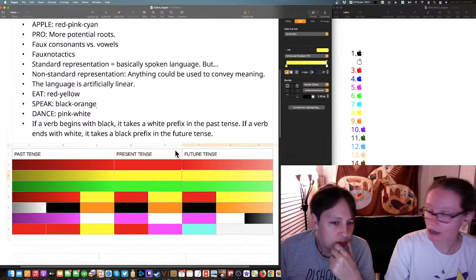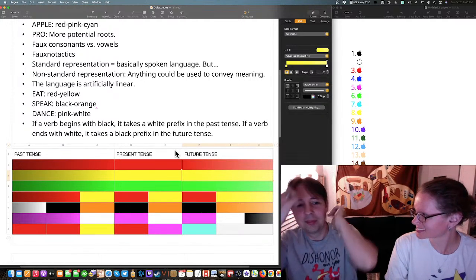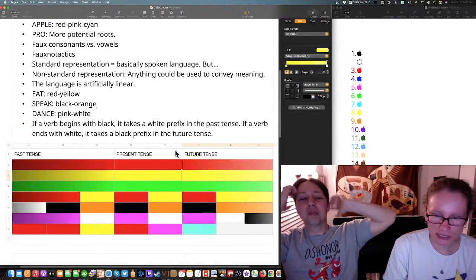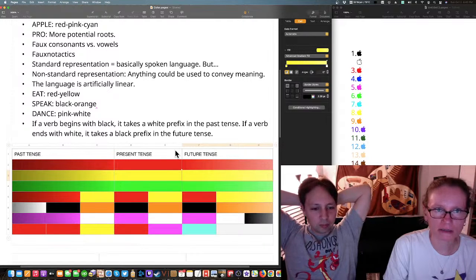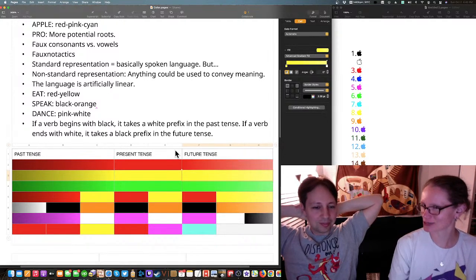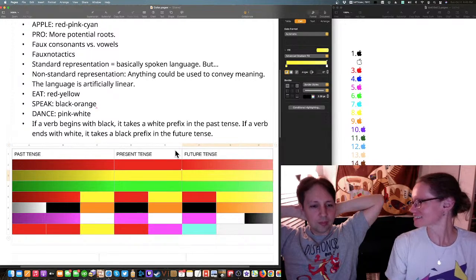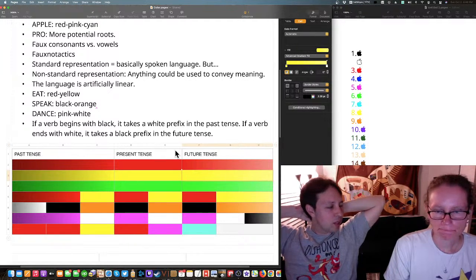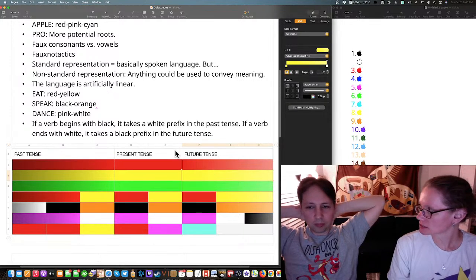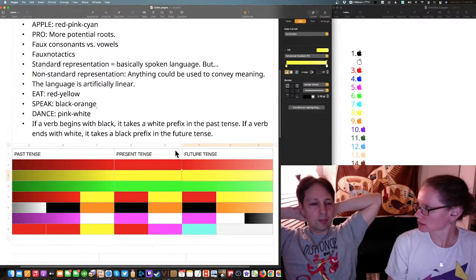But as a non-native color speaker, I would find the borders helpful to know where to group things, and I would totally make them even bigger. And I would not use white in my color language. Yeah. Now this wouldn't work with like braiding a rope. No, because it would then get unlinearized.